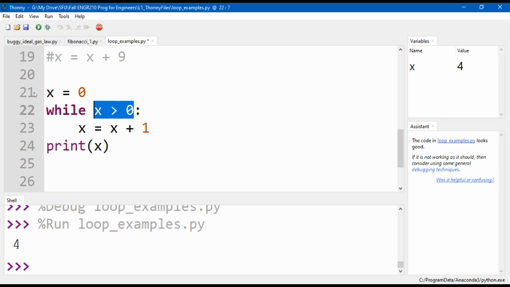Right. So as it presently stands, line 21 says x equals 0. This loop will only run while x is greater than 0. 0 is not greater than 0. It's false. It never runs the loop. What if you put or equal to, then what would it do? You tell me. Is that ever going to be false? No. It will run forever and will crash your computer.